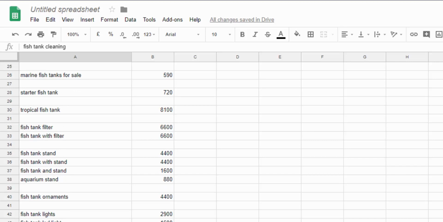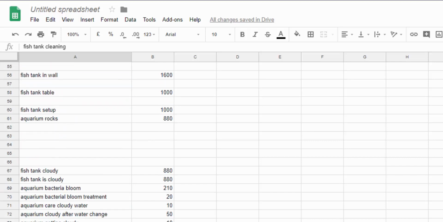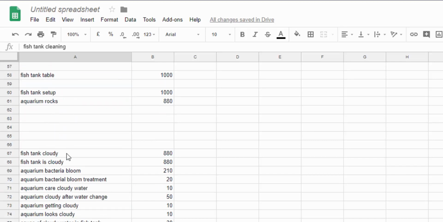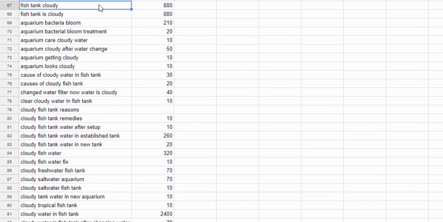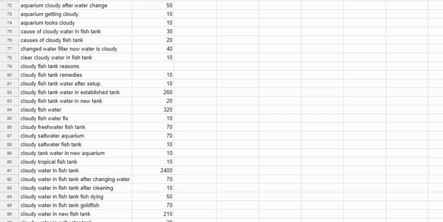The other thing I stumbled across just going through this is I expanded on fish tank cloudy, which I stumbled across in the main keyword research, and then I went off on a tangent into fish tank cloudy. So what's all this about? Fish tank is cloudy, okay, group those together. What about aquarium bacteria bloom? I don't know what that is, I'm not a fish tank expert, but the chances are that's probably another blog